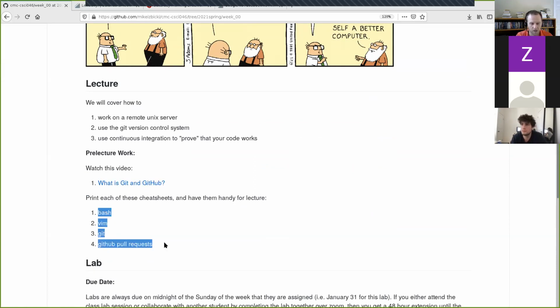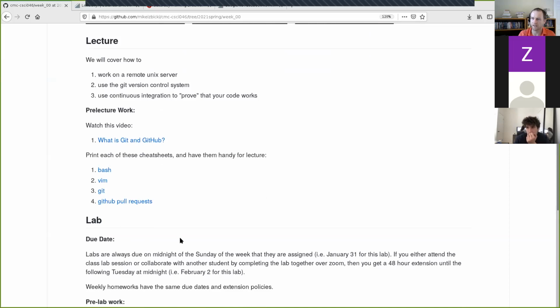And then there's a bunch of cheat sheets right here that I'm going to ask you to print out. So cheat sheets for Bash and Vim and Git and GitHub. By the end of our course, the end of the semester, the hope is that all of these technologies are just like second nature to you. But at the very beginning, they will be incredibly weird, abstruse technologies. If you don't say a lot of profanity when you're working with them, then you are a better person than I am, because I said a lot of bad things when I first learned these things. They're very frustrating, and those cheat sheets will help you out a lot,